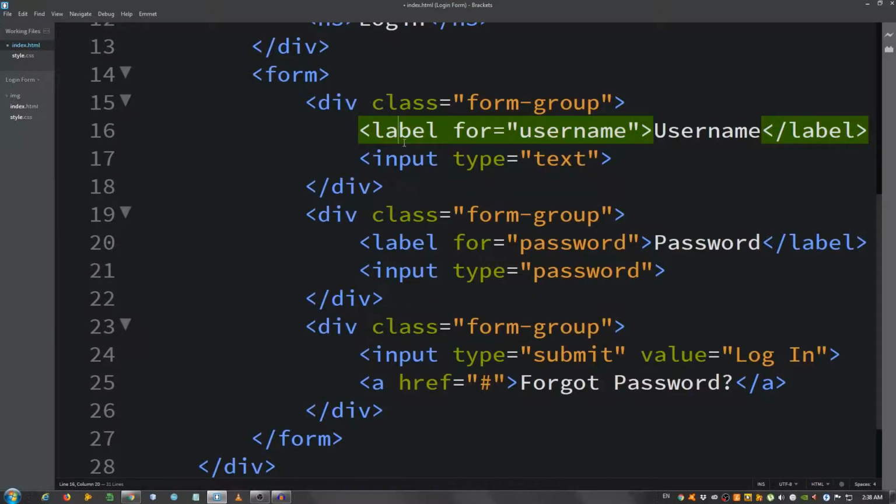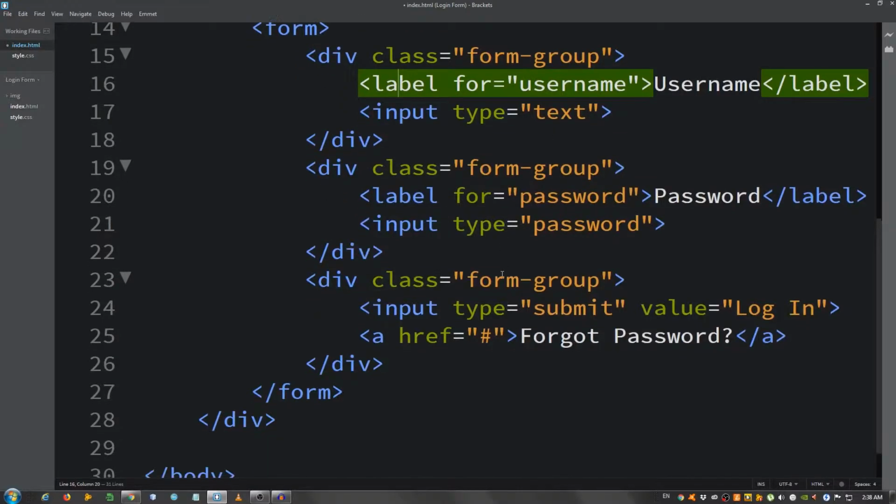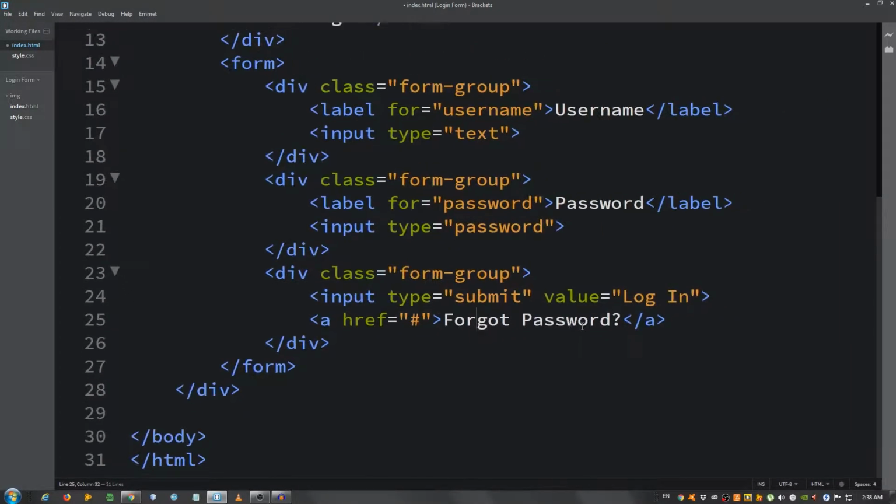In the first one a label for the username and an input field with a type of text. For the second one, label for the password and an input field with a type of password. And for the third form group, an input with a type of submit, and an a element, a link for the forgot password. So I'm gonna zoom back out for now,